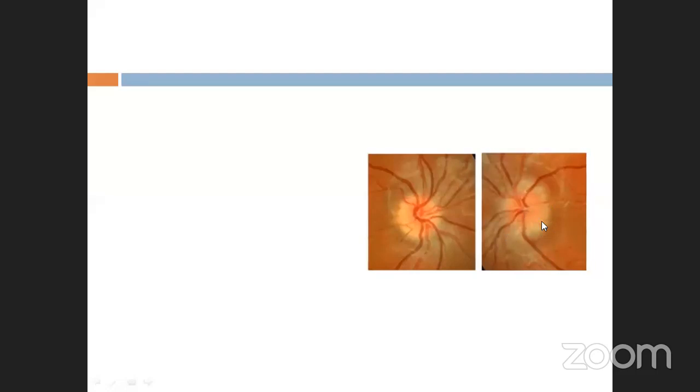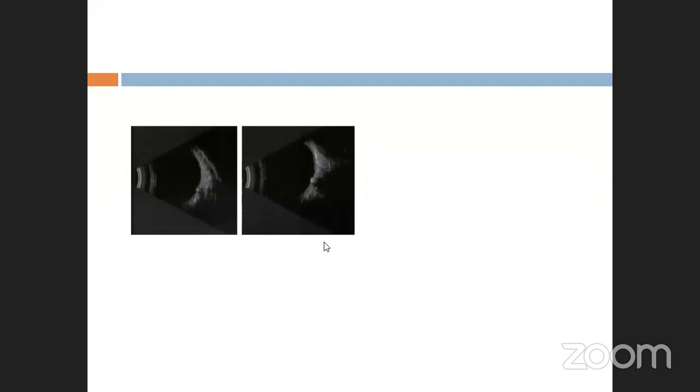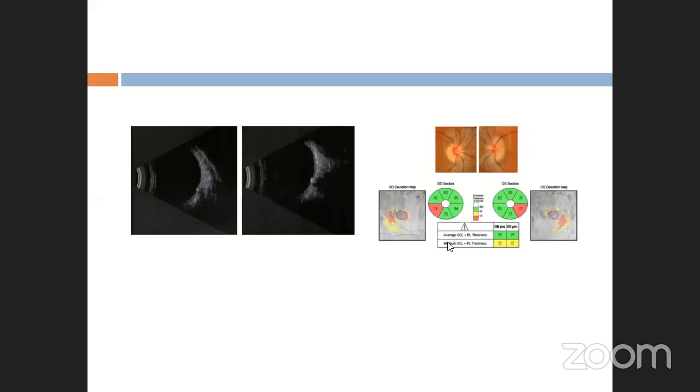There is a lumpy appearance of the disc. This is one lump, two lumps, three lumps. So there is a lumpy appearance of the disc. This is characteristic for drusen, but sometimes it's difficult. It's not like this. And then we look for the characteristic echodense signal due to calcification. If there is no calcification within the drusen, it's difficult to see this finding. Then we'll go to the